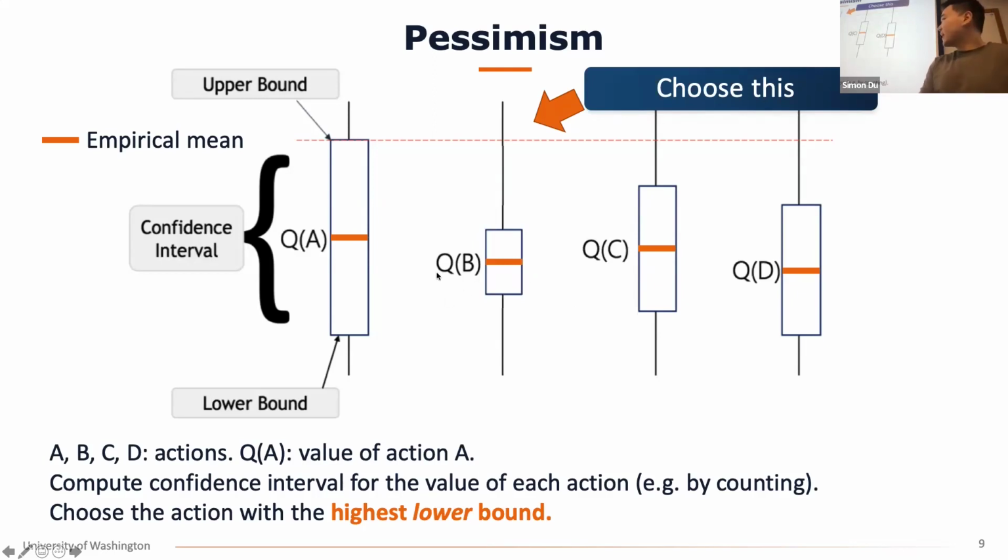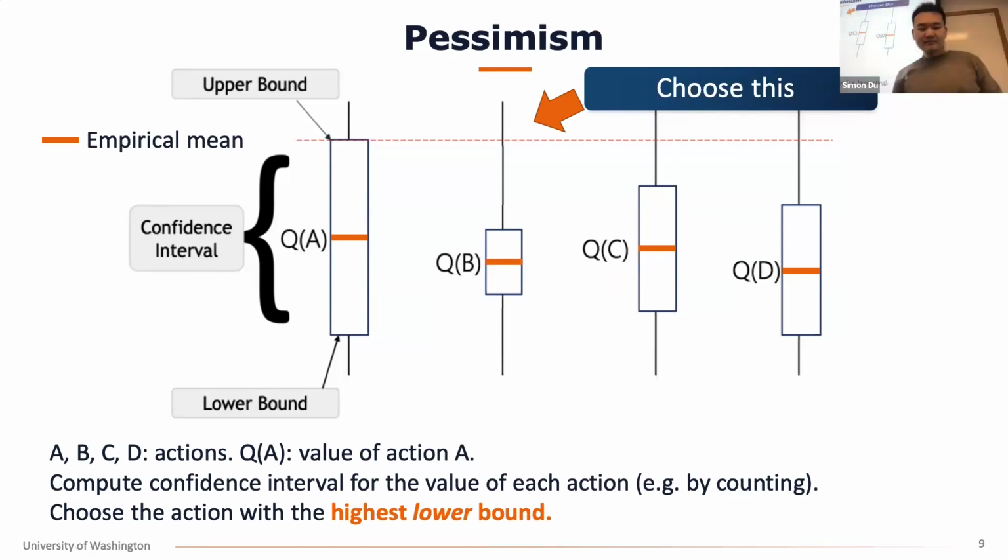Whereas if we choose, say, action A or D or C, although our estimation of the mean reward is higher than B, in the worst case it can be much lower than action B. So being conservative here helps us reduce the uncertainty, and theoretically we can show this is necessary to really output the near optimal policy.